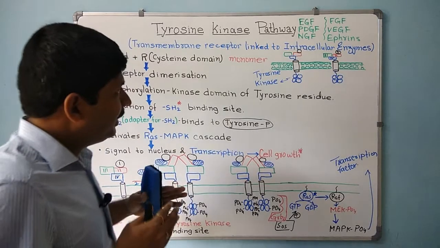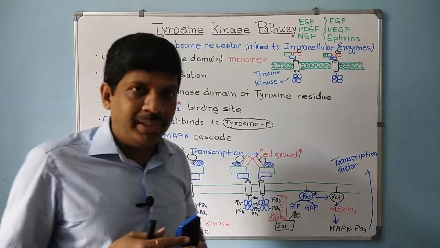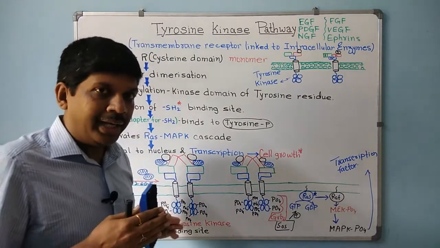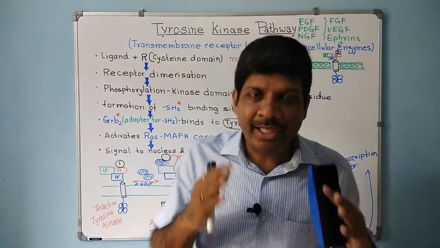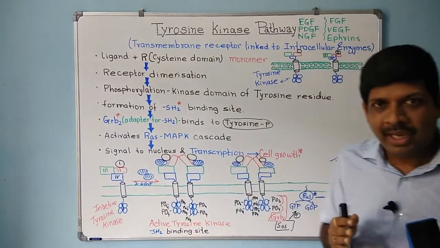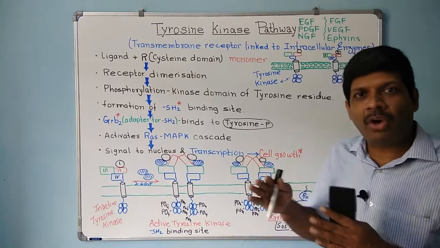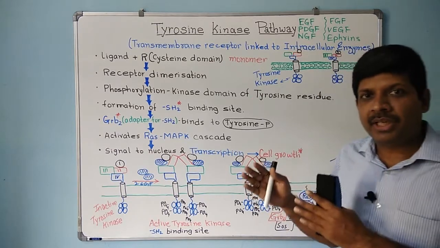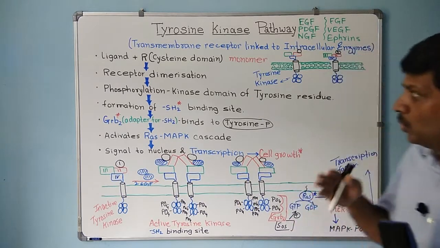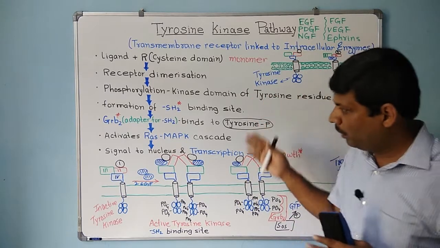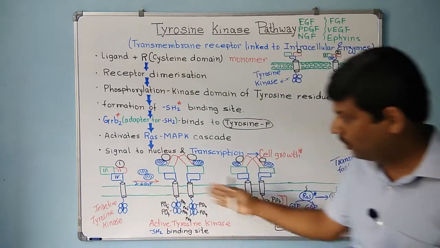What happens is we have the receptor present in the membrane, and there has to be a ligand. The ligand binds with the receptor, some conformational changes occur, a series of events follows, and at last the effect is generated. I will explain the whole pathway with the help of steps and the figure.